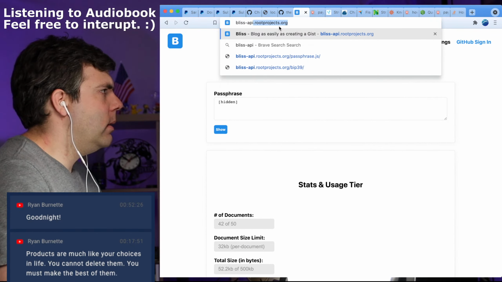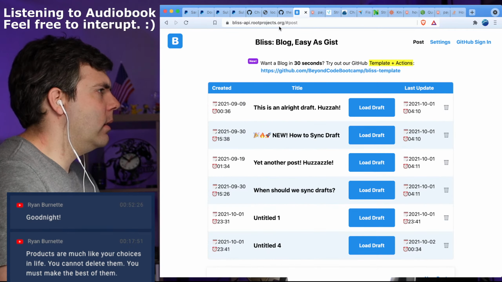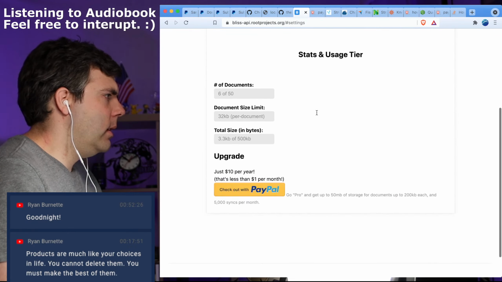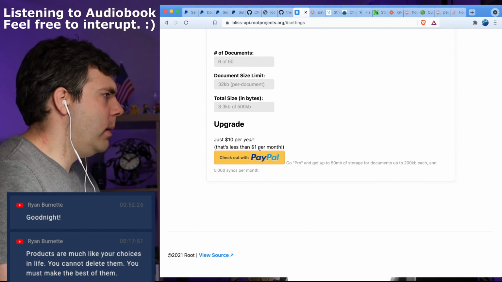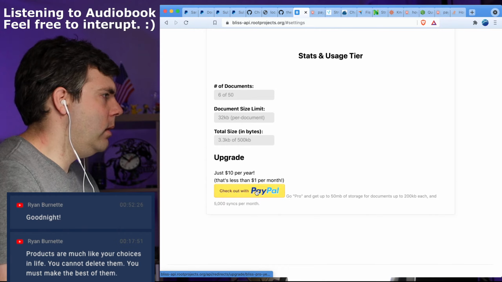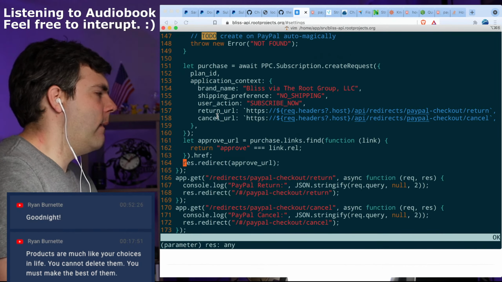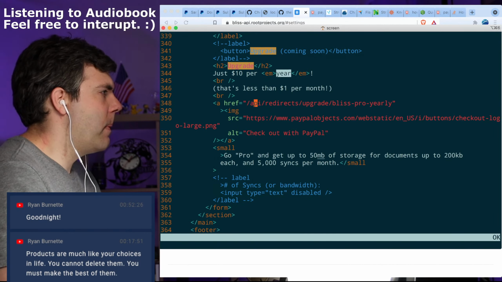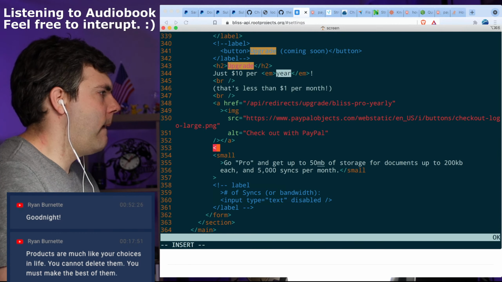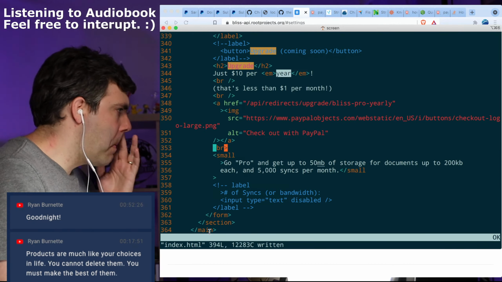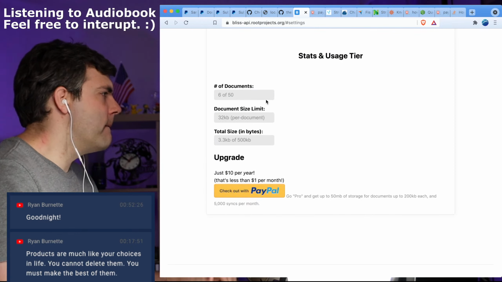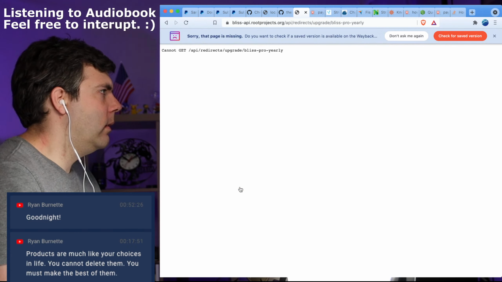Let's go to Bliss API rootprojects.org. Under the settings, do we have the checkout with PayPal? Yes, we do. Why, yes, we do. All right.